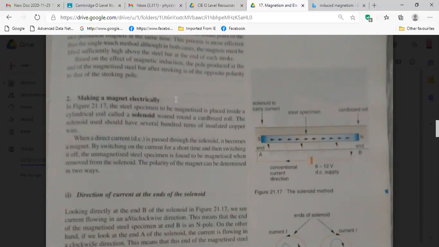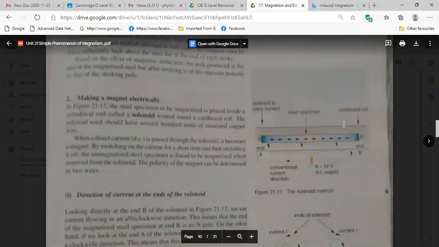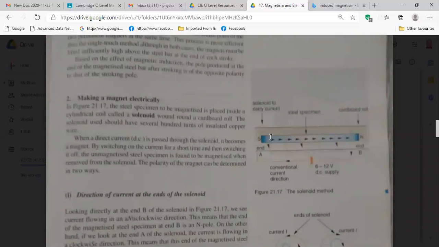Is it clear? And by keeping a magnetic material inside the solenoid. So what is called a solenoid? Solenoid is, you see here, windings of copper wire, right? And these windings of copper wire are over a tube of plastic or cardboard. If you have the windings of wire, and if you pass electricity over there,